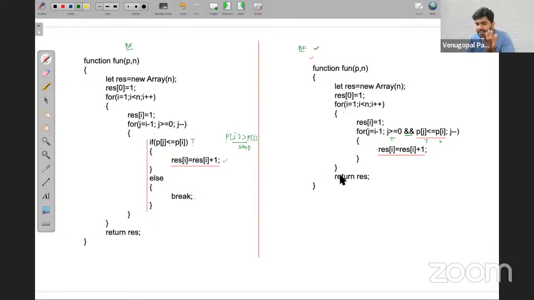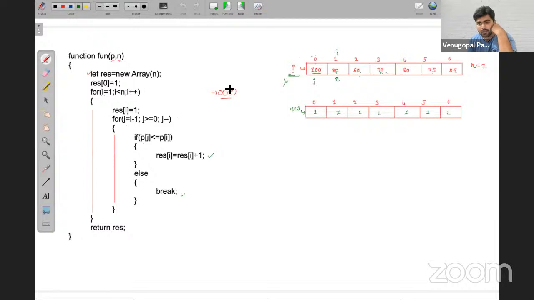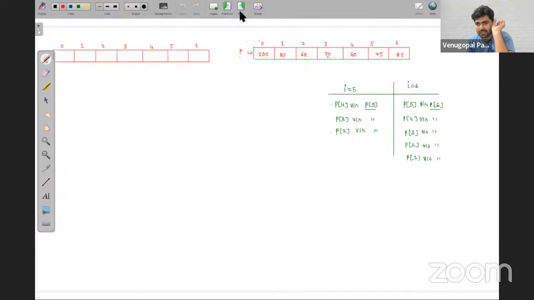But we need to reduce that brute force solution's time complexity. First, let's understand why we are getting order of n square. The main reason is some unnecessary comparisons. Now let us see what those unnecessary comparisons are.